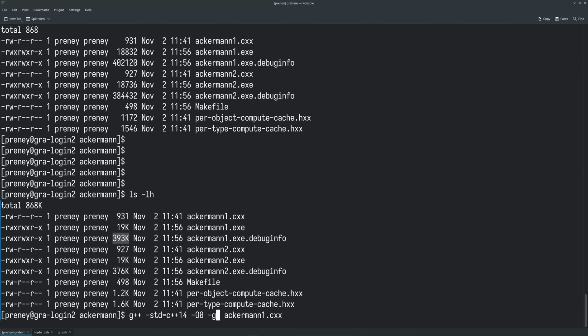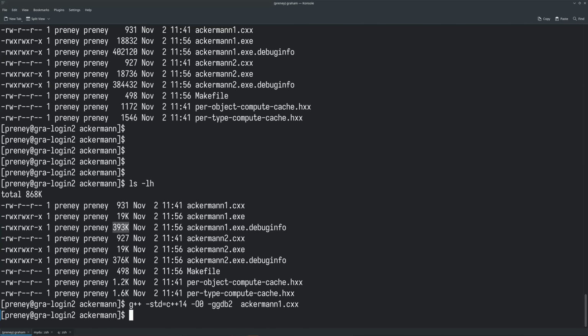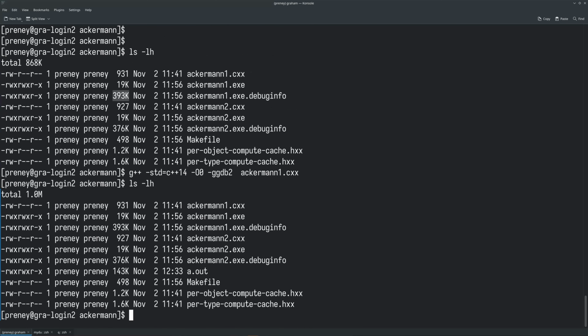But with GCC, you can go -ggdb and it will give information that's ideal for GDB, the GNU debugger. So if you're debugging your code with GDB or any tool that uses GDB, you'll get better results with the GCC compiler if you put -g for the debug, and then say gdb, and then put a number, 1, 2, or 3. Okay, so if I put the number 2, for example, okay, here, and now if I go ls -lh,